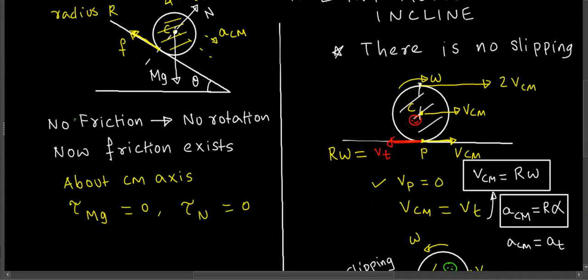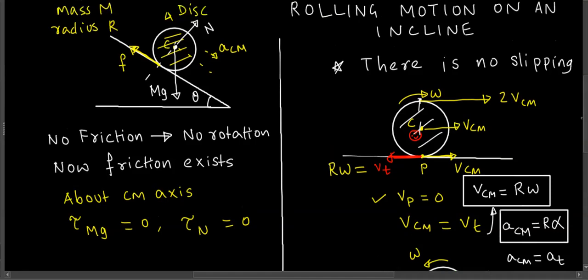So if you think about it, if somebody is applying force in the upward direction, obviously the disk will rotate in the clockwise sense, right? So the disk is going to get angular acceleration in the clockwise sense. The center of mass will attain acceleration in the downward direction, and then alpha will be in the clockwise sense. Are you okay with that? Yeah.